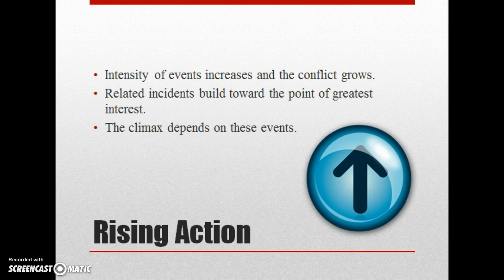The rising action is the intensity of events that are kind of increasing as it goes. So it's building and building towards something. They've got to be unified, building towards the same thing. The climax is depending on this. So the rising action in Cinderella, stepmom and stepsisters aren't kind to her. There's a ball, they're not going to let her go, they make her do the dishes. All that sort of stuff is building towards something. Dad dies, perhaps, be another one. We've got a lot of rising action that's building towards a big climax.